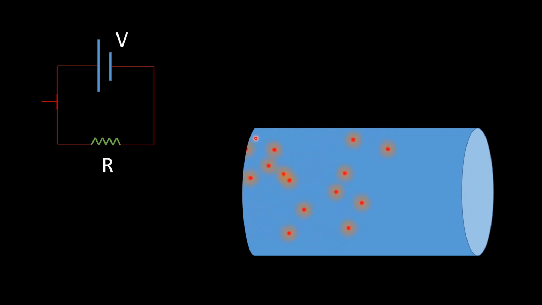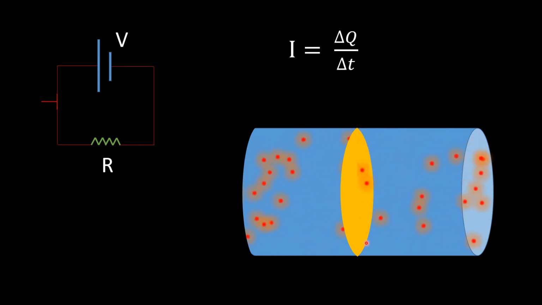Now suppose you have some electrons passing through the conductor as shown here. What is the connection of this voltage and the electrons passing through this wire? We know that when we increase the voltage, you are giving more energy, so electrons will be going faster. So at any point of time, the number of electrons crossing any cross section depends on how much the voltage is. And from this charge passing through the cross section, a quantity is defined which is called current.